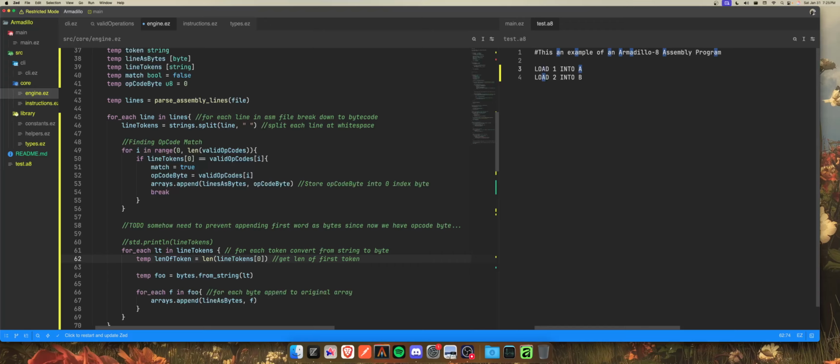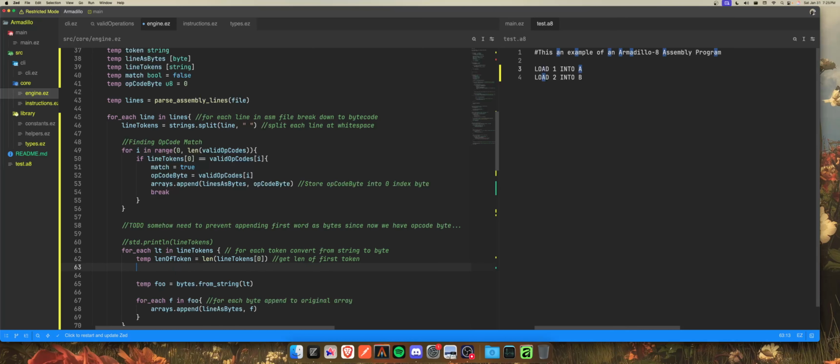Okay. So we get the length, and now we can essentially check the length of that token, or we can start at that range. So for j in range len of token, len of